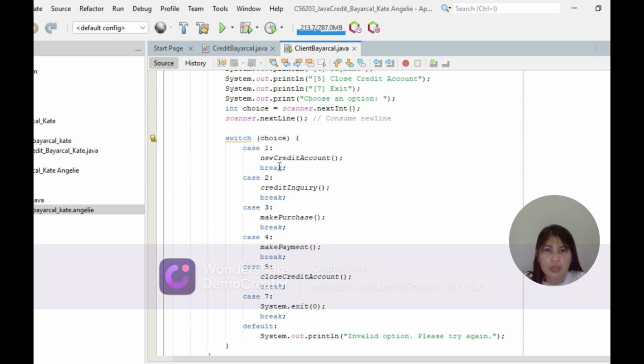So case 1 is the new credit, newCreditAccount(), open and close parentheses, and then semicolon, break; case 2, which is the credit inquiry, open and close parentheses, and then semicolon. So break, case 3 is makePurchase(), and then break.